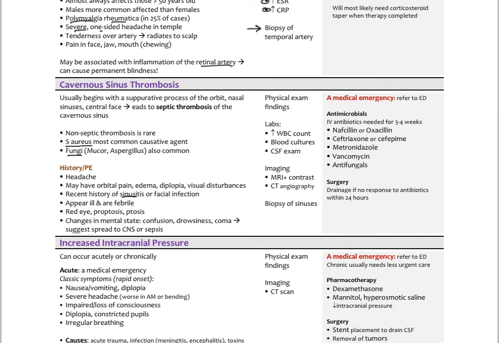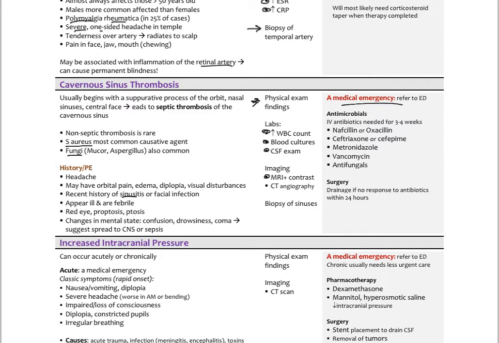So we look at our physical exam findings here. Labs would typically reveal an increased white cell count. Blood cultures would be drawn, and then cerebrospinal fluid might be examined with a lumbar puncture. Neuroimaging with MRI and contrast would be indicated, and then often a biopsy of the sinuses as well. Here too, medical